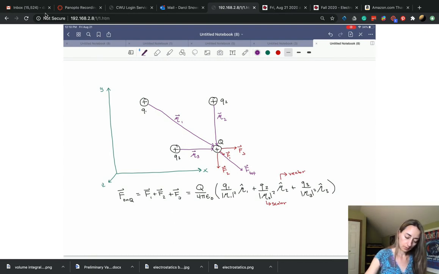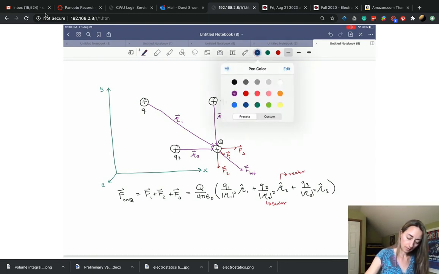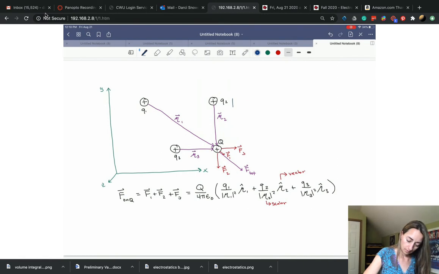And again, each of the individual unit vectors are just going to point, for example, I'll draw one of them, R script hat here. Each one of those is going to point in the same direction as the associated position vector. All right, so that's for 3 test charges. I want to, of course, be more general than that. So if I wanted to do this for any number of source charges,